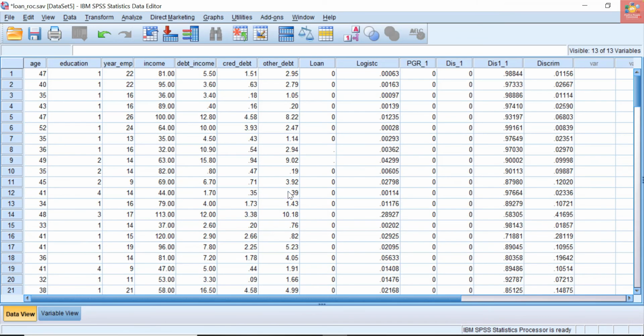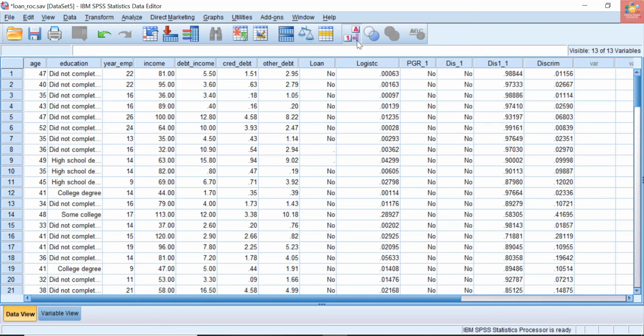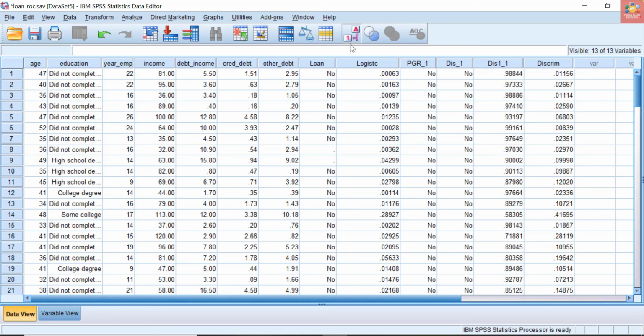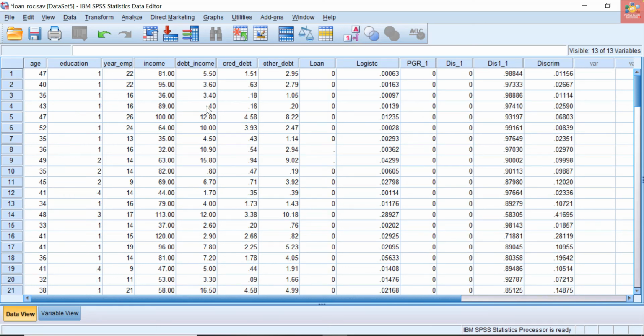If we want to see how the data labels look in the data window, if we press this button, value labels, what we have entered as values will show as labels, and if we turn it off, it will go back to the coded variables.